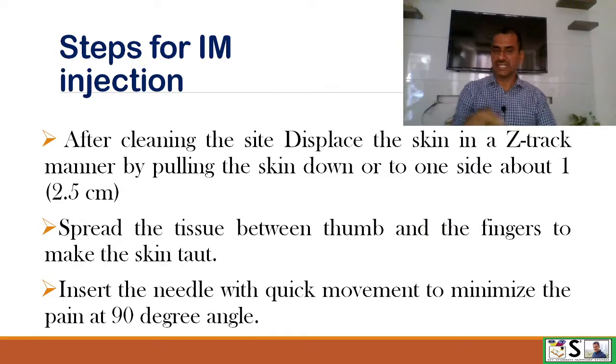After selecting the site, now we clean the site. Now displace the skin slightly in a Z-track manner by pulling the skin down or to one side about 1 inch or 2.5 centimeters. Spread the tissue between the thumb and fingers to make the skin taut and insert the needle with a quick movement of the wrist in this way so that the pain is minimized. Here keep in mind a 90-degree angle